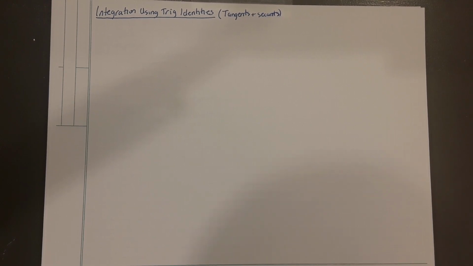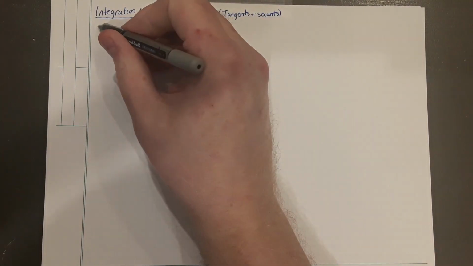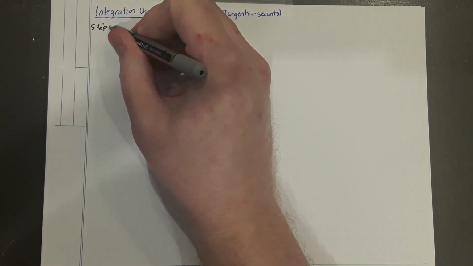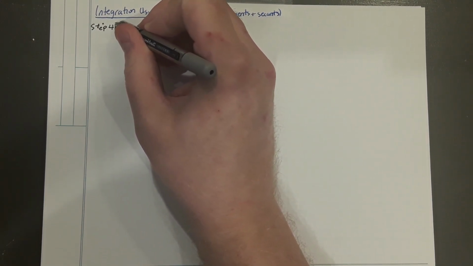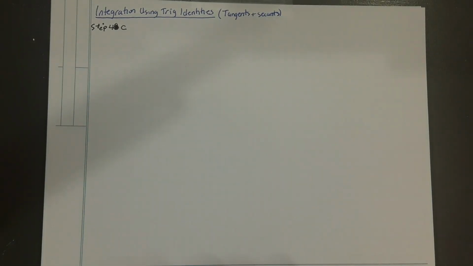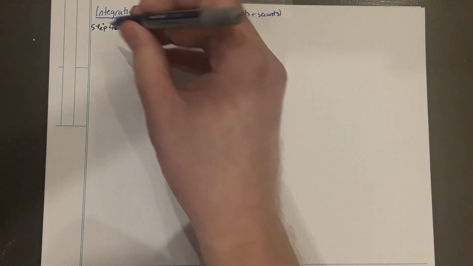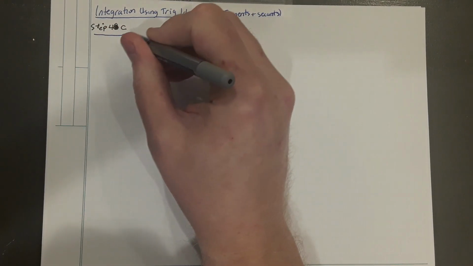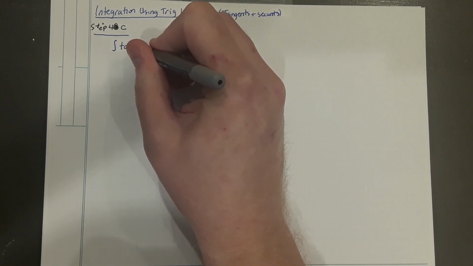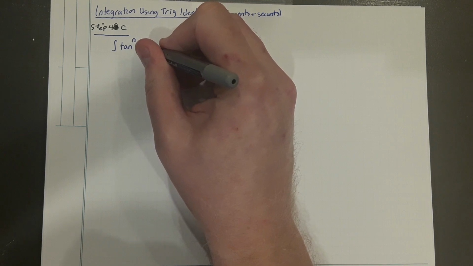This video will illustrate the methodology required to integrate using trigonometric identities where you have powers or products of tangents and secants. Formally, this is step 4C. When you have tangents and secant powers, this includes integrals that would be of the form any power of